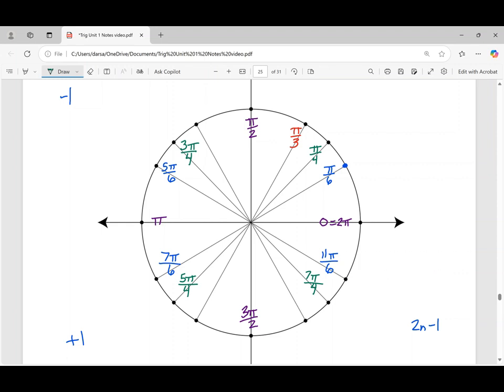Now the remaining dots can be connected again with a rectangle. There's lots of symmetry happening here. And these are all the denominator 3 angles. So 3 minus 1 is 2. This is the angle 2 pi over 3. 3 plus 1 is 4. This is the angle 4 pi over 3. And 3 times 2 minus 1 is 5. So this is the angle 5